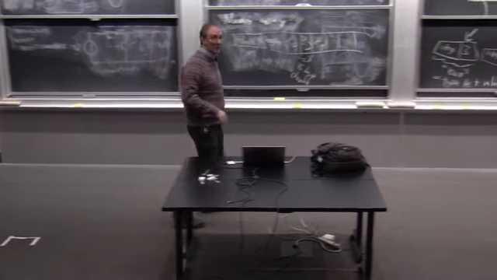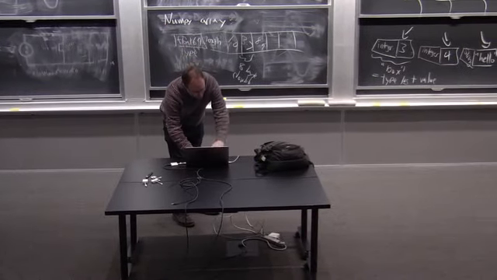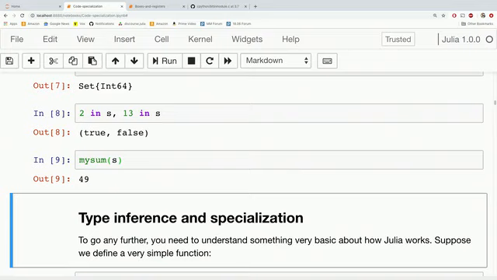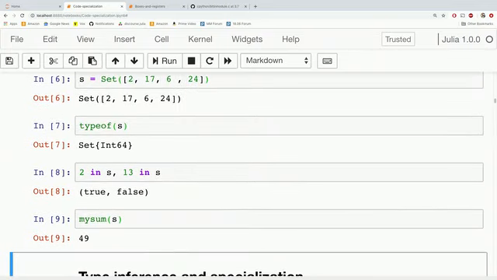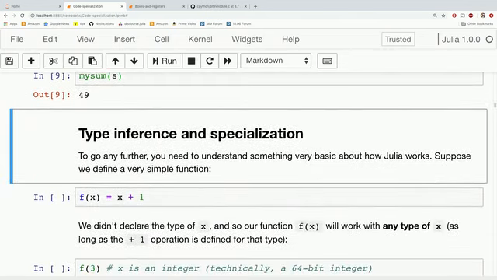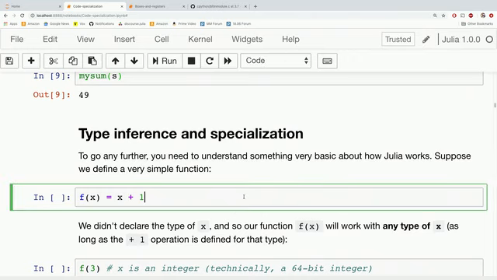It's a hash internally. But I can call my MySum function on it, and it sums up 2 plus 17 plus 6 plus 24, which is hopefully 49. Right? So, okay, what's going on here? One of the keys, there are several things going on to make Julia fast. One key thing is that when you have a function like this MySum, or even a simpler function, f of x equals x plus 1,